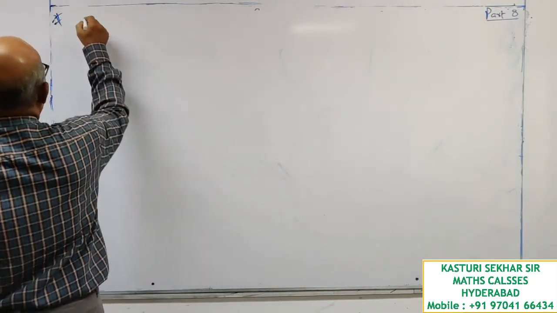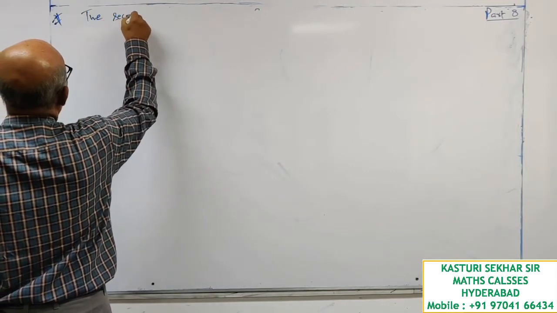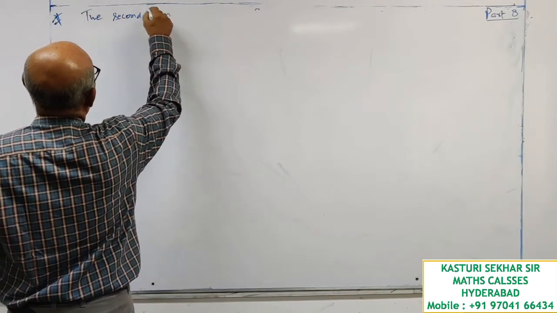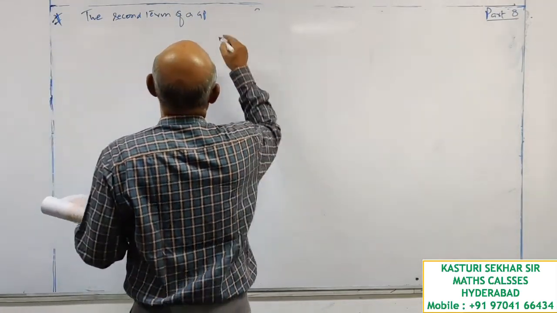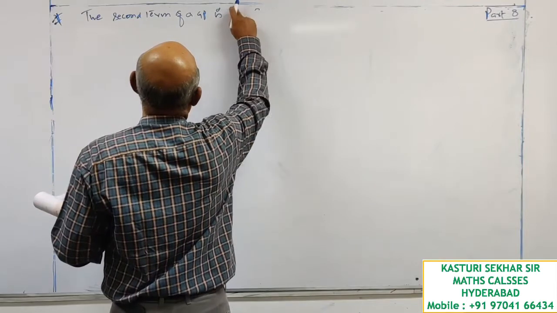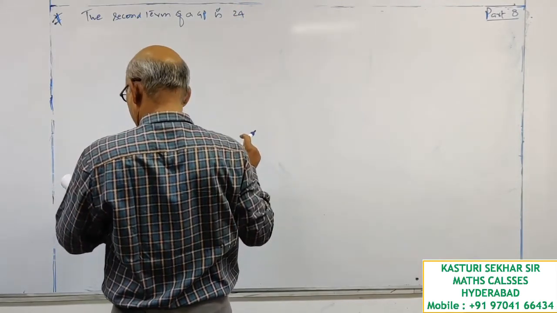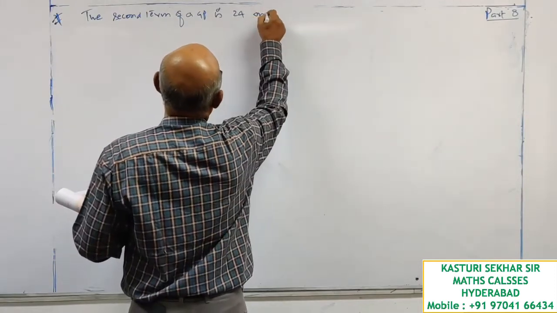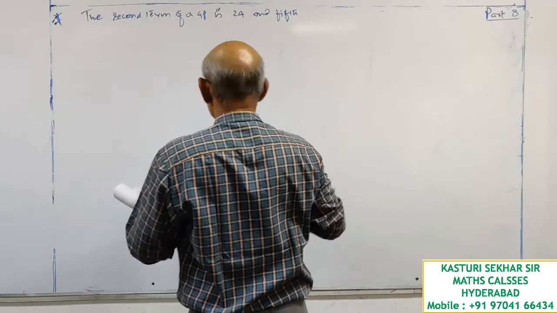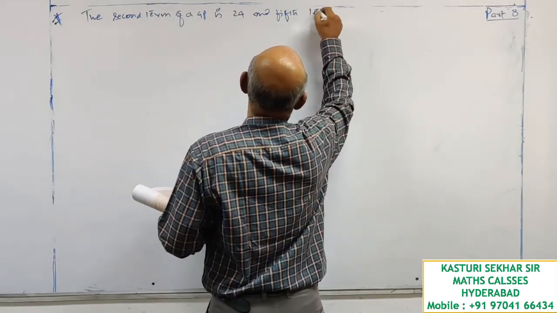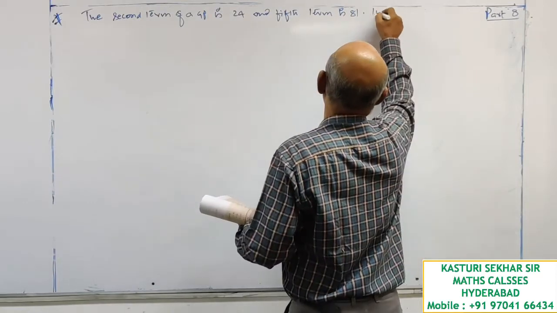The second term of a GP is 24 and the fifth term is 81. The sequence is...